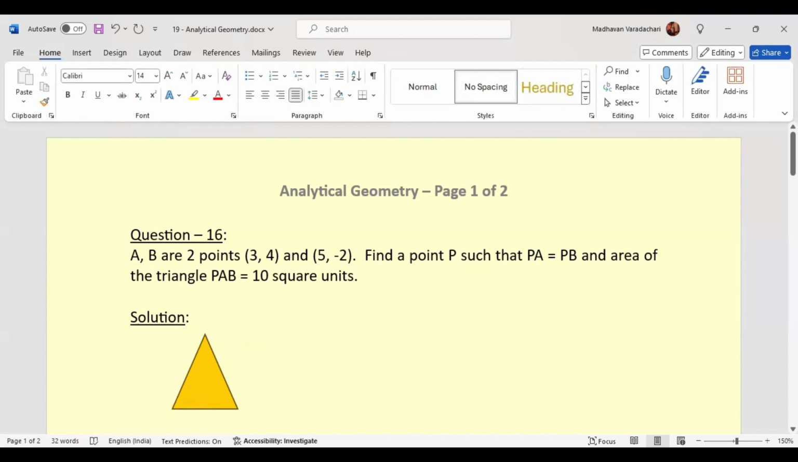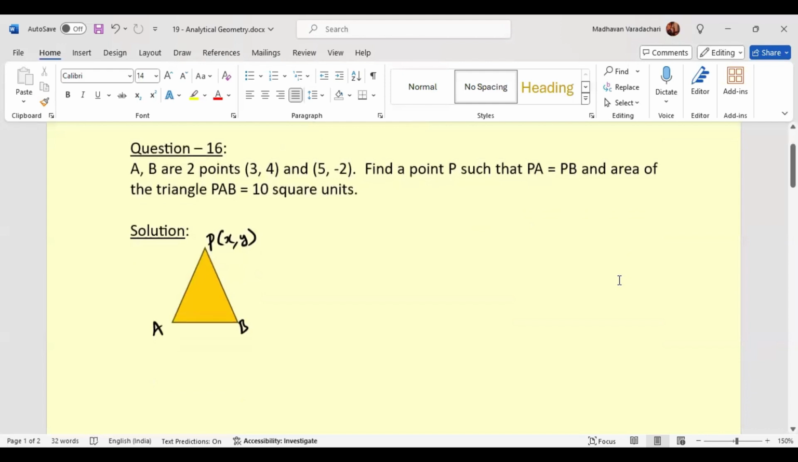So we will call this as P, this as A, and this as B. So we are going to consider this P as X, Y, which we have to find. A, it is already given as 3, 4. B is given as 5, -2. First, let us find out the area, which is already given. Area of triangle PAB is given as 10 square units,